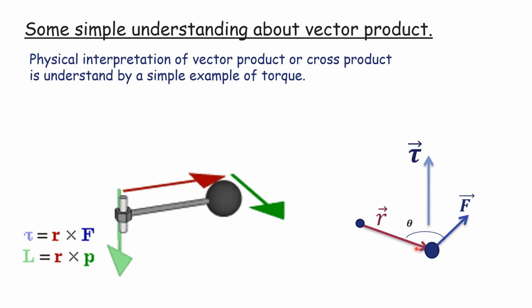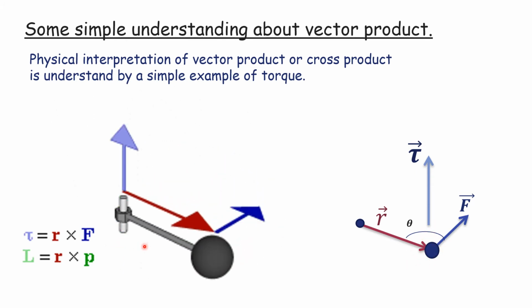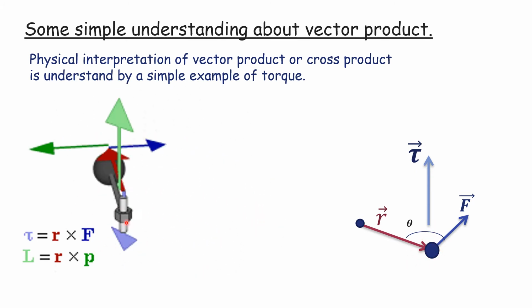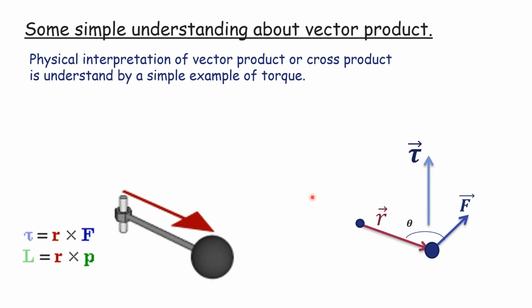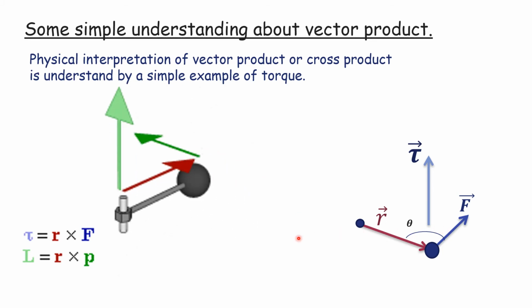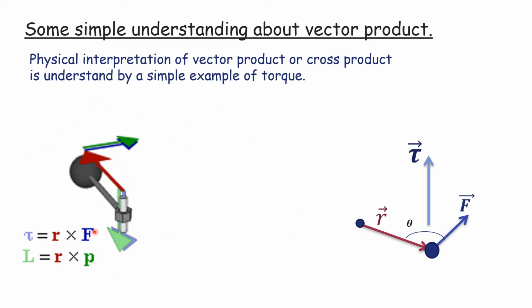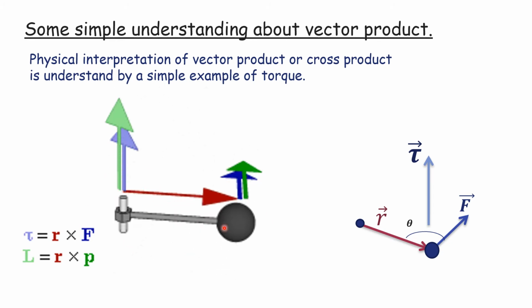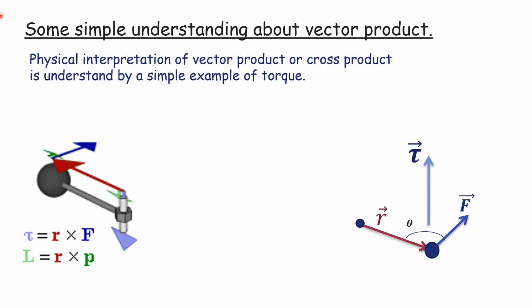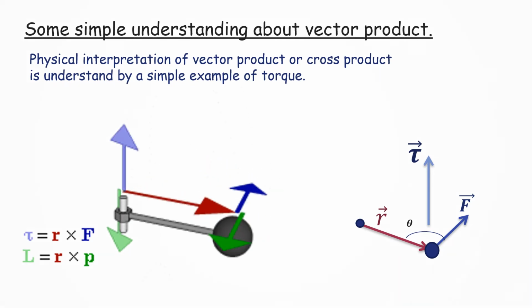it means that there is some torque applied, as we understand from the example of this nut ball. So this is the simple example from which we understand how the torque works and what is the role of the cross product for this phenomenon. Now let's see some important properties about cross products.